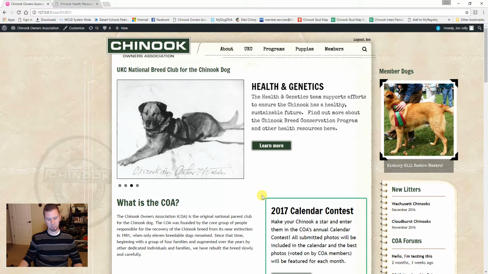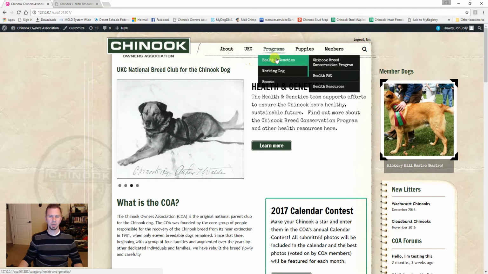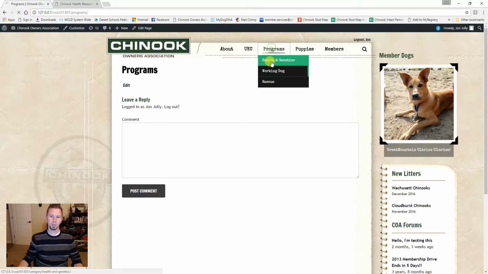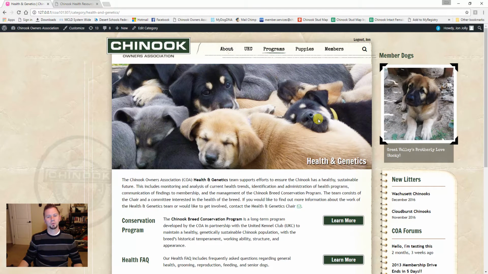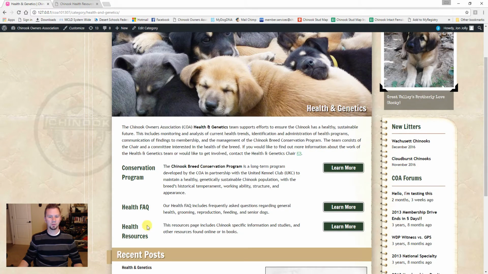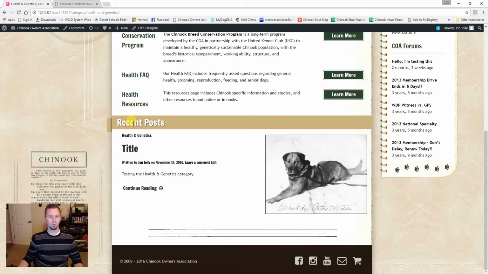Next, let's go to the different program pages. I'm going to go through these pretty quick. Each program page or category page has this large area at the top with a featured image, and then we have some static text, which doesn't really change too often, that describes whatever the program or category is. Then there may or may not be some links or other functionality depending on what's needed for that particular page. At the bottom here we've got recent posts,